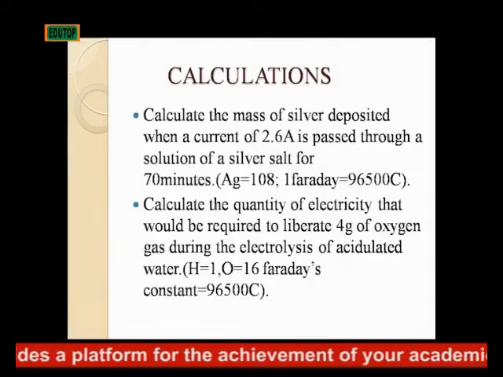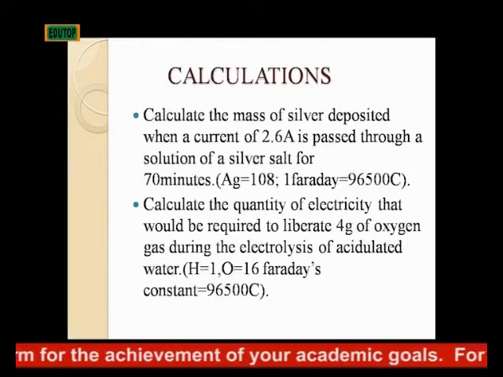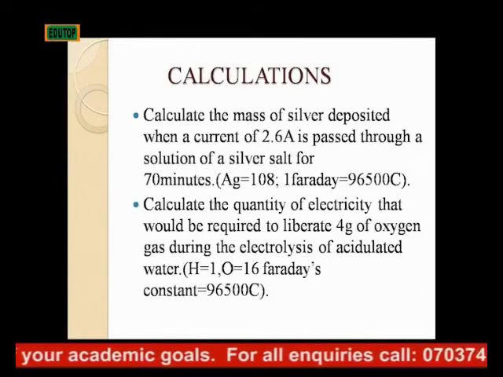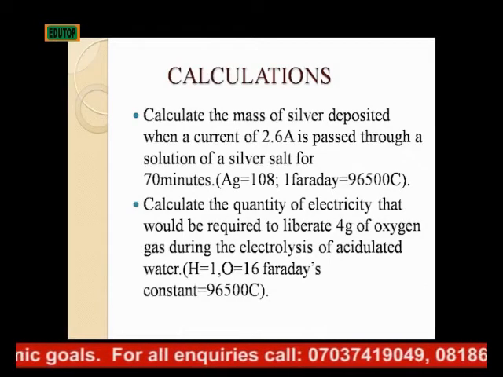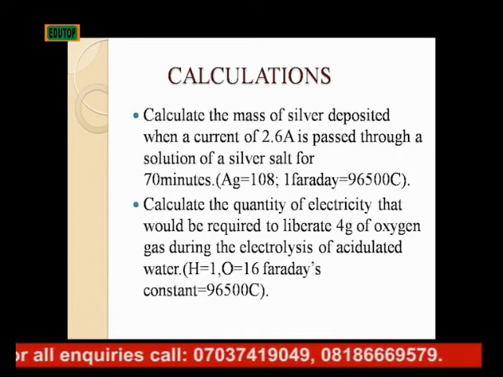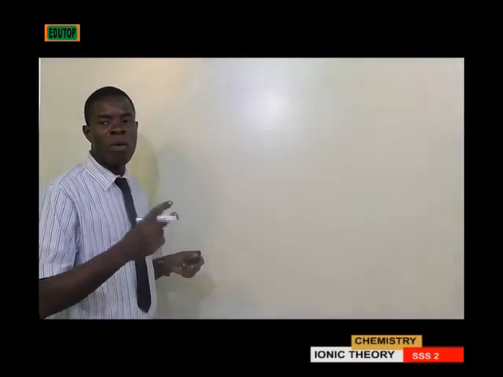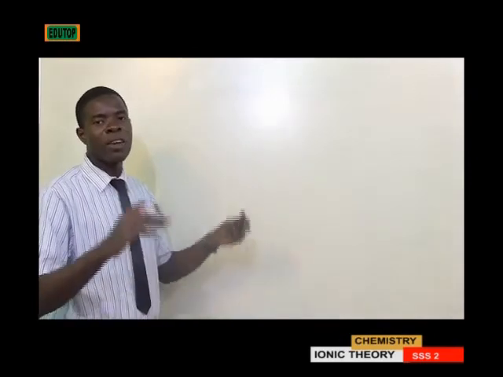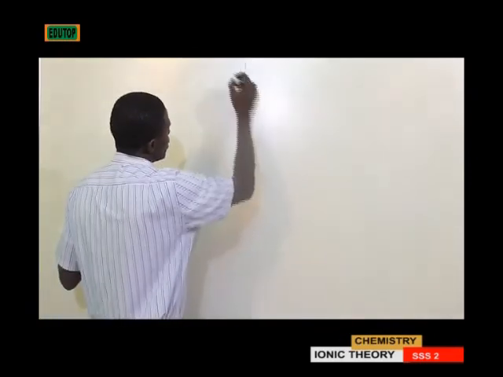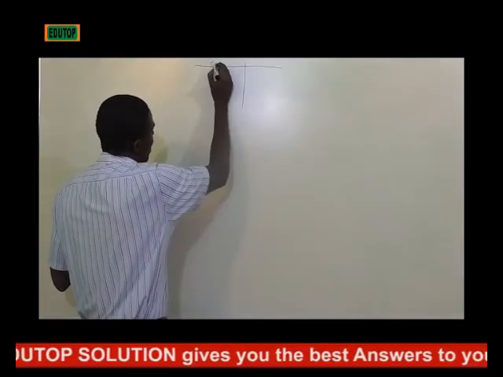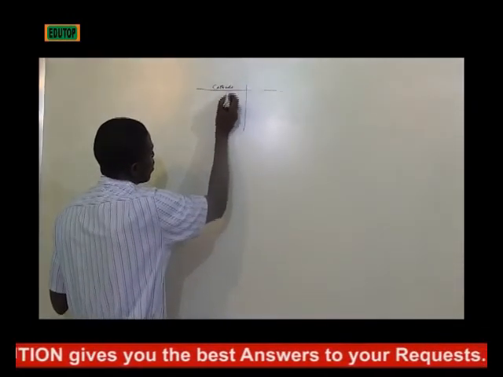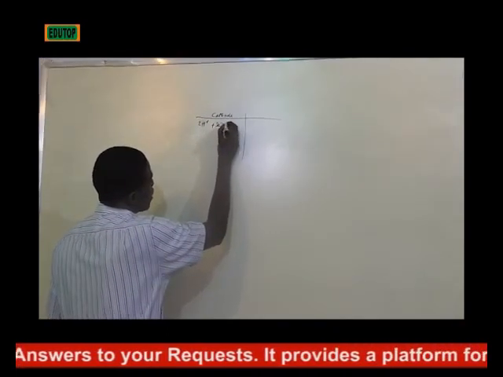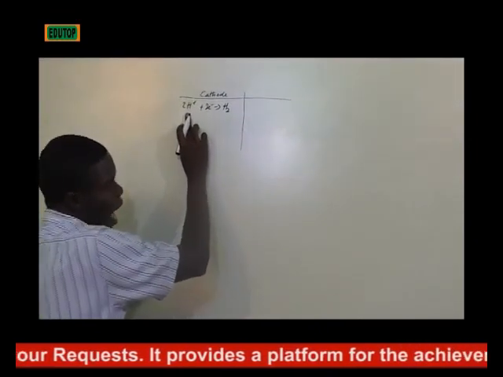Question number 2. Calculate the quantity of electricity that will be required to liberate 4 grams of oxygen gas during the electrolysis of acidulated water. We have established this when we were doing the analysis of acidulated water. There, it was obvious that at the cathode, hydrogen gas was discharged, hydrogen ion was